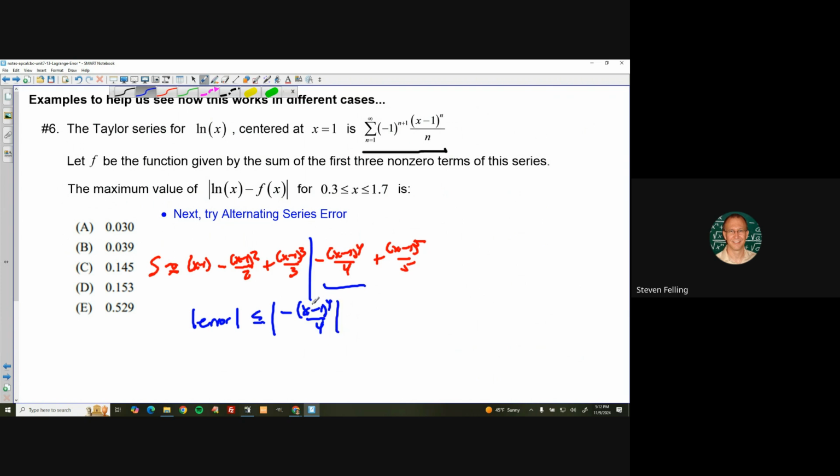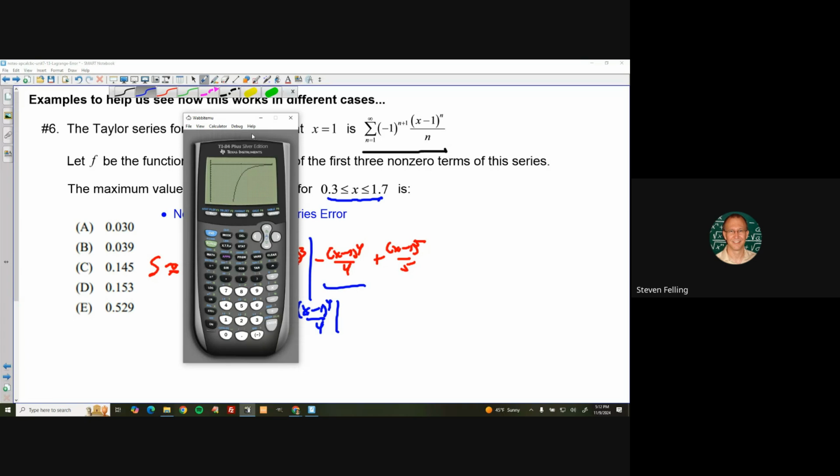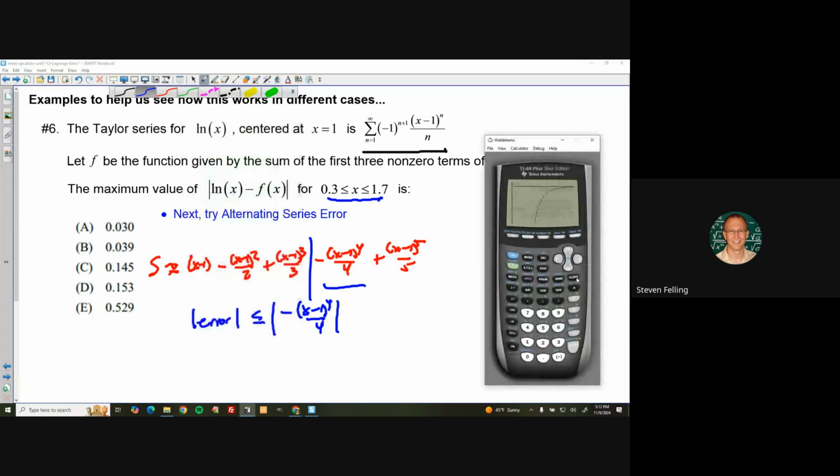And we should be able to plug in some value for x. They say the value for x is this. So let's just actually look at this value. If I plug that into a calculator, I can graph that. So let's graph that directly as the error, as the upper bound for the error. So if I plug in negative x minus 1 to the fourth power divided by 4 and graph that in this region,